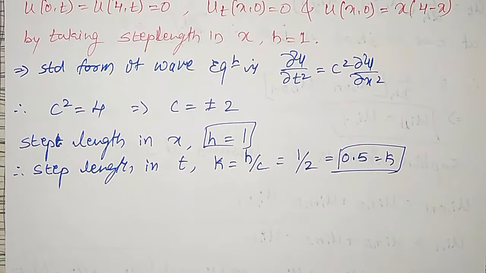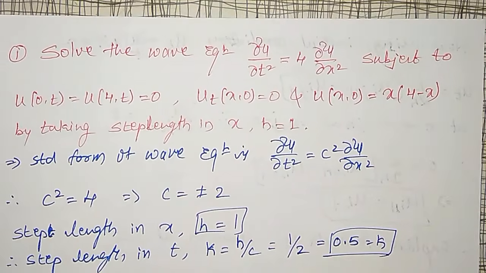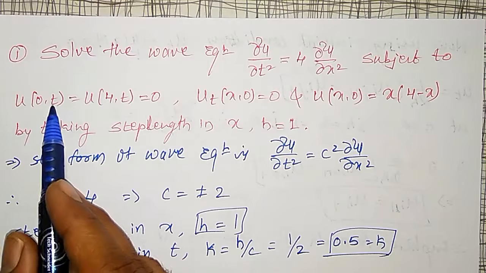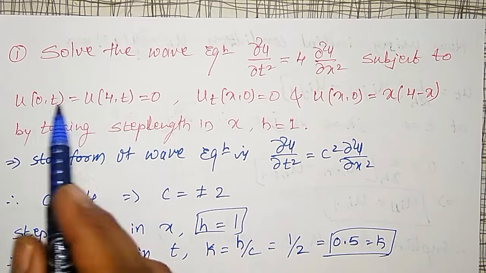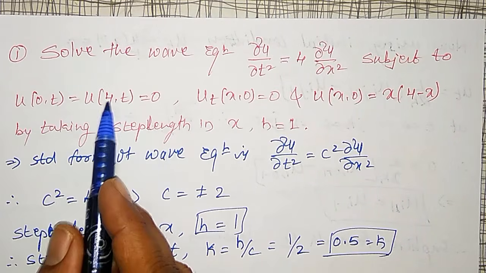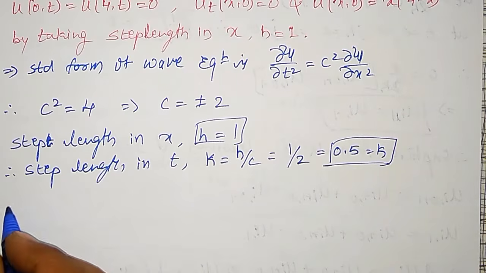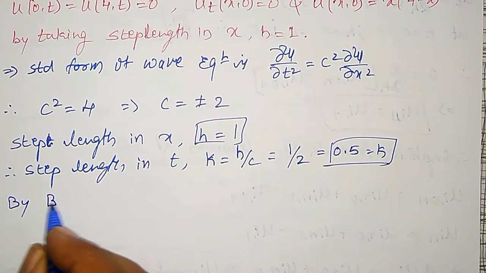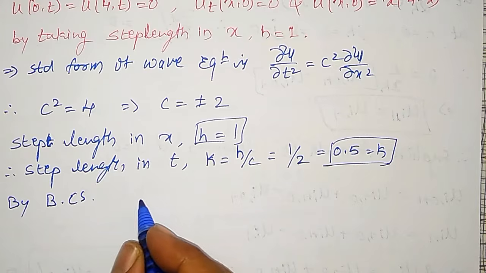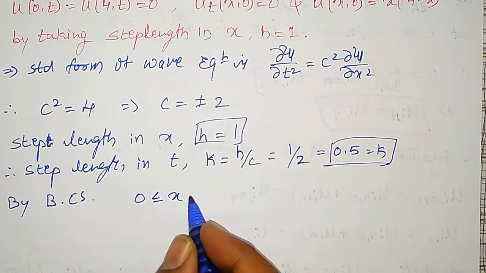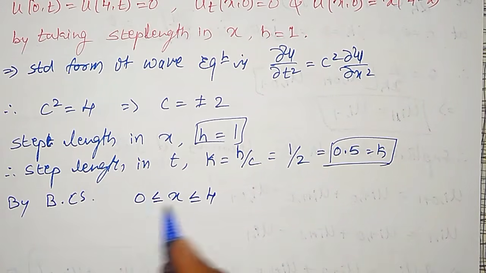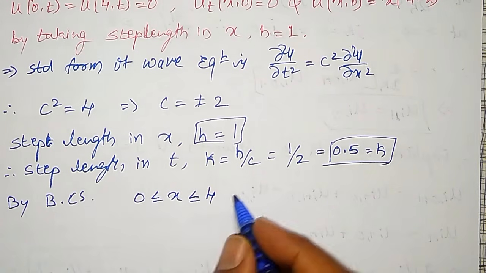Then what is the equation? Because here one thing you can just check, what are my boundary conditions? u(0,t) = u(4,t). Therefore, x is varying from 0 to 4 here. By the boundary conditions, 0 ≤ x ≤ 4. x is varying from 0 to 4, which can be divided